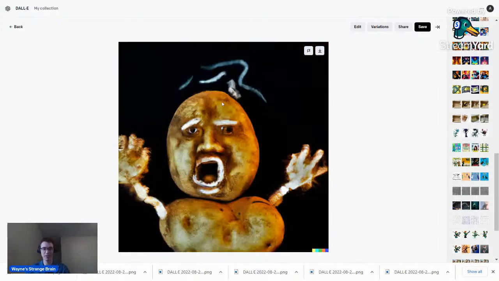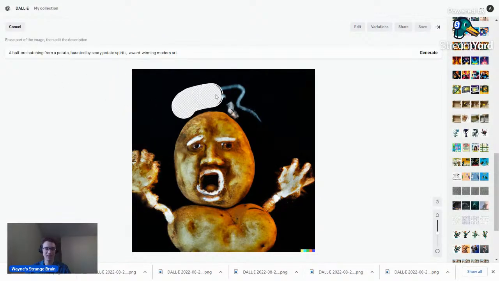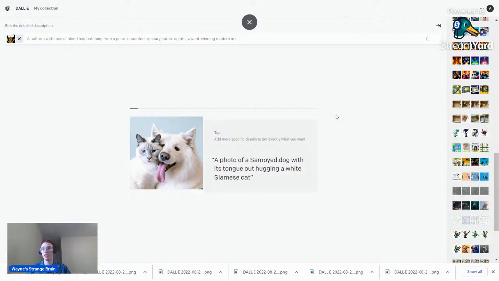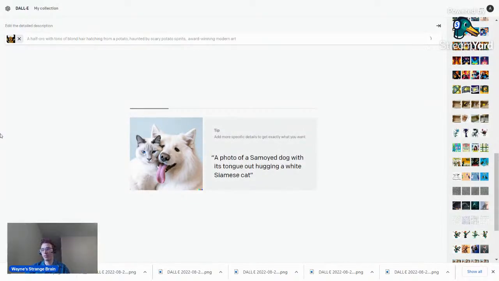All right, Mark. So I'm gonna take out this one. Yeah, it's the lips. You're right. I'm gonna edit this one, and I'm gonna remove his hair. And I can't say Trump. Okay, that's not gonna work. I can't say Trump, but I'm gonna say blonde with tons of blonde hair. And now it'll take this image and fill in that spot. I should have given it more space to work with. I should have removed everything that wasn't the potato I liked. I'm sure it'll give the blonde hair.